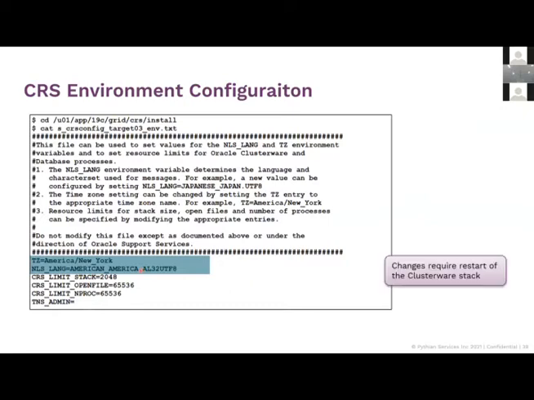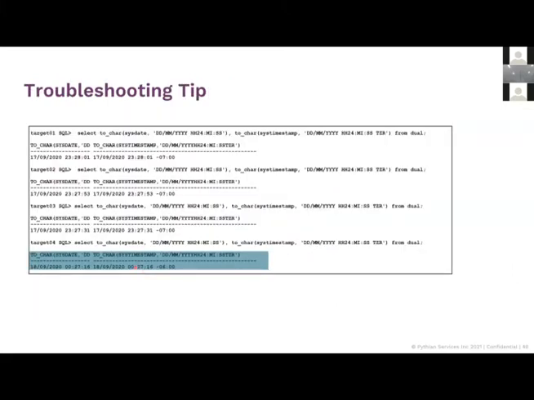An interesting case over here, of course, is that if you make any changes to it, you need to restart the entire cluster stack. Now, suppose I've got 4 nodes on my system and I can see my date times as -7, -7, -7. And on one of the nodes, target 4, I see it's -6, right? So there's just a difference. I'm connected to the same database, but I see on one of the instances, the time differs.